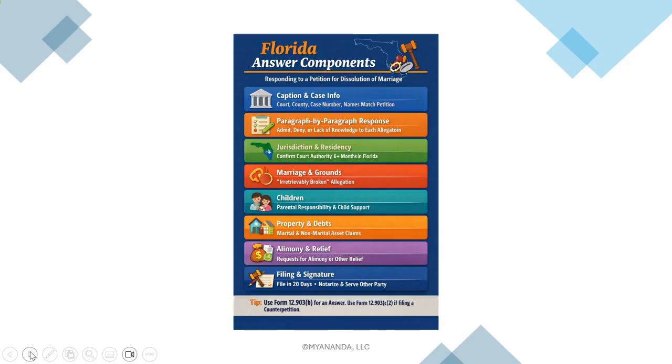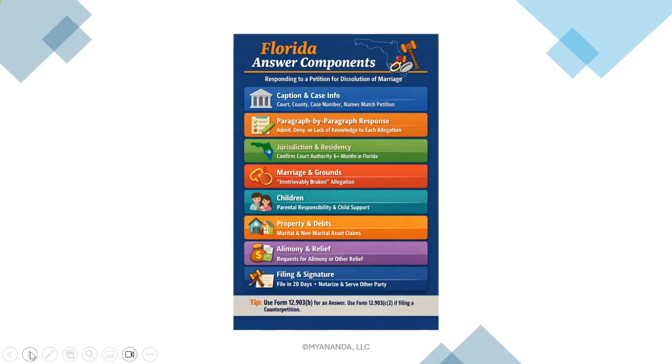So if you've taken civil procedures or drafted a petition for dissolution, you know that the caption is the style, and it's governed by court rules, and it's going to be in the rules of judicial administration. I don't believe that the Florida Family Law Rules cover the caption or style, but that would be something to check. Make sure that you look at both to see if there are any likenesses or differences, or where one set of rules covers something that the other set of rules doesn't. This is so imperative to be an excellent legal professional, to realize that you may have other sources.